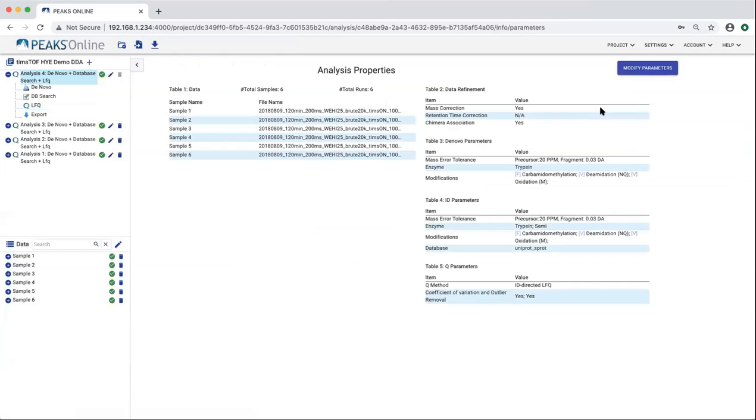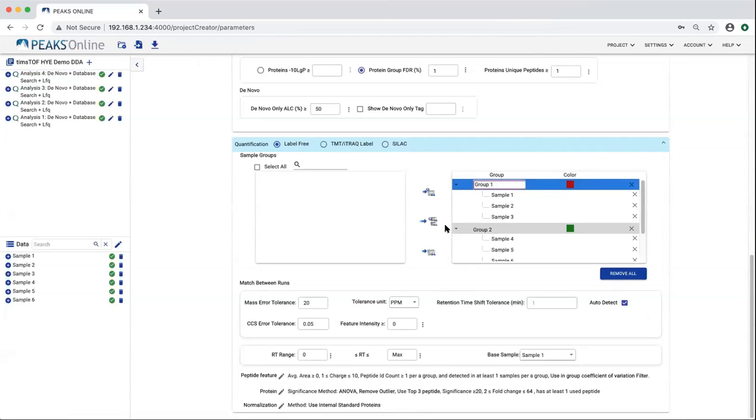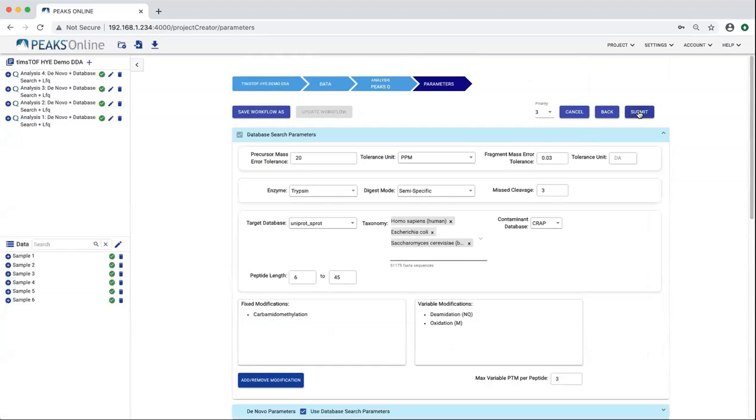So if you are here and let's say you want to modify those groupings. All you have to do is click on modify parameters, and you can come in here and change those groupings. Or let's just say you want to change the filter. So now we want to come here and we want to say, show me things that are 1.5-fold and statistically significant. And you hit save. Once you send that,